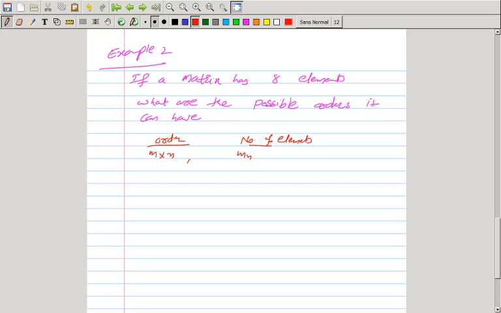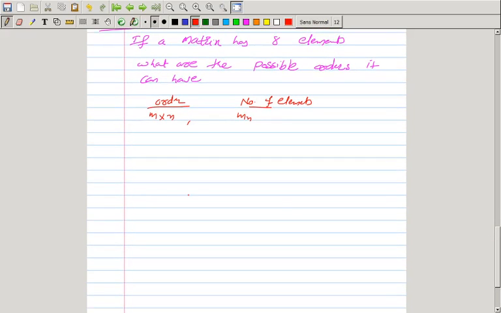So we are given the total number of elements, that is 8. So we will have to find the ordered pairs of natural numbers whose product is 8, right? We are given the product as 8, and we have to find all the possible ordered pairs whose product